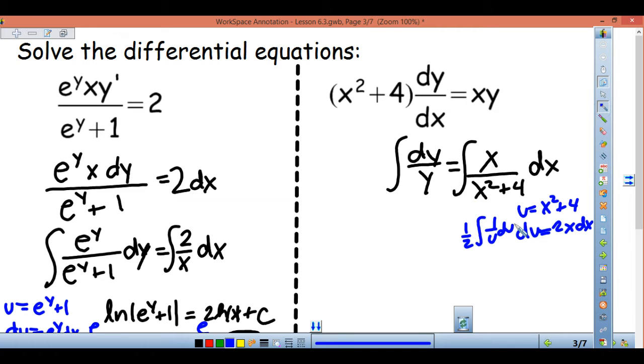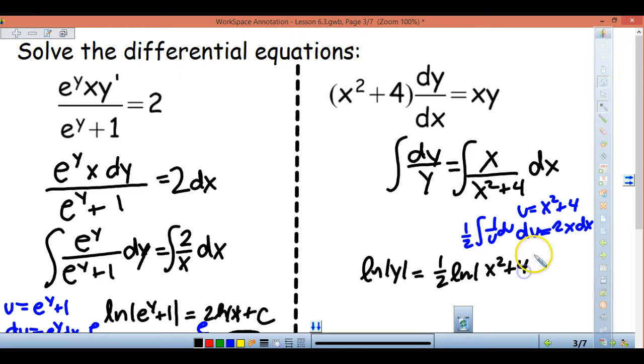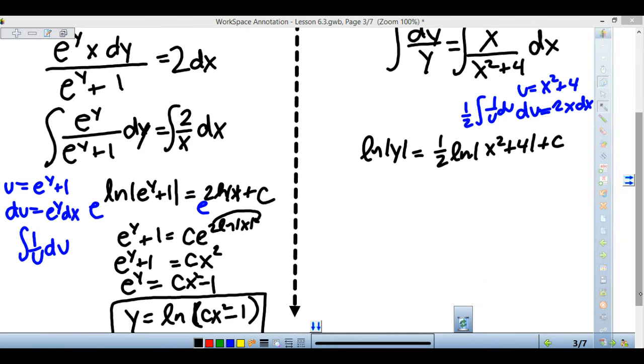So this is a 1/2 1 over u problem. So when I integrate this side, I have natural log of absolute value of y. And I'm going to have 1/2 natural log of absolute value of x squared plus 4 plus c. All right, well, for simplifying purposes, I know that I'm going to do base e to each side, but I can't cancel this